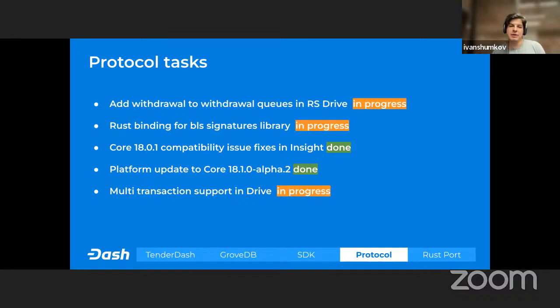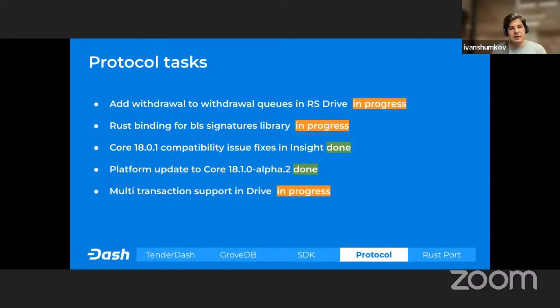But the point I was going to make is that we need this binding to become compilable to WASM as well, since it will be used in WASM DPP. And this is kind of tricky, having all the dependencies there, and we're still working on this. Mainly Evgeny this sprint. So we'll continue this work.